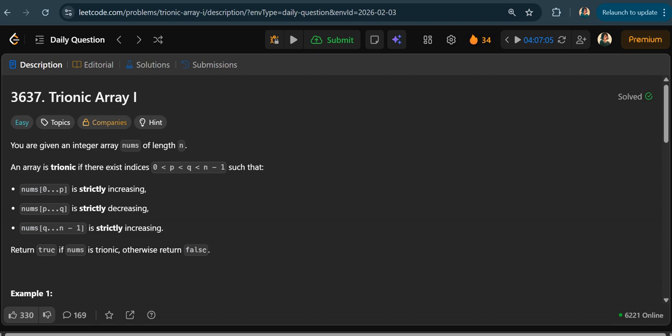such that index 0 to p is strictly increasing, p to q is strictly decreasing, and q to n minus 1 is strictly increasing, and the indices can't be the same. Return true if the nums is trionic, otherwise false. So let's solve with an example,